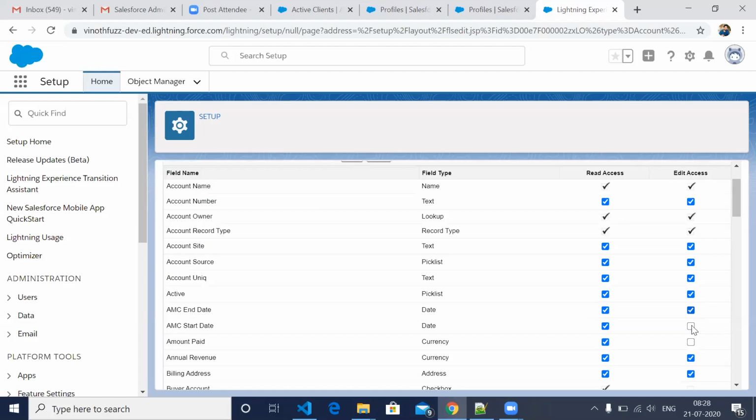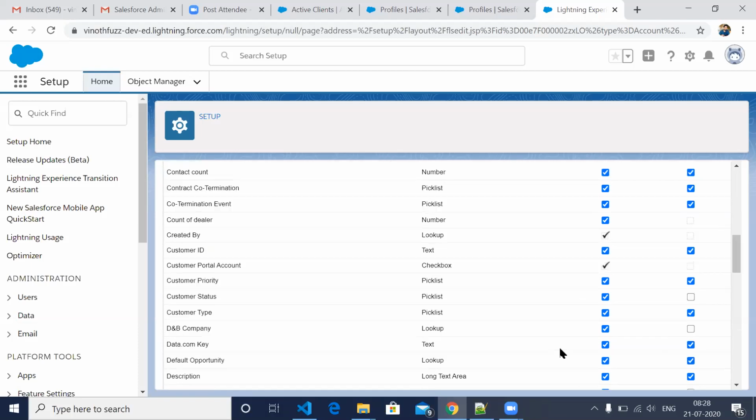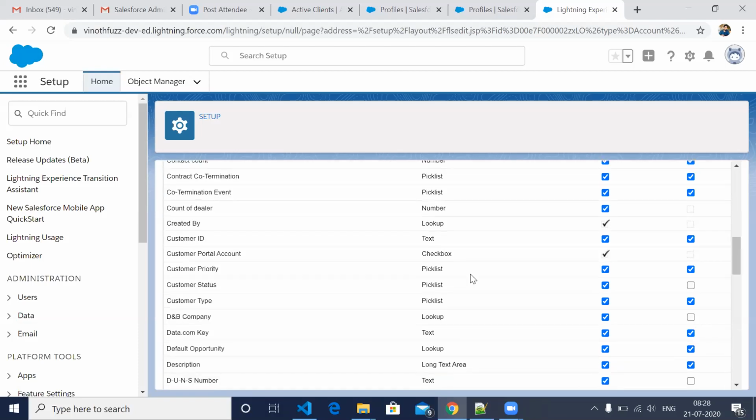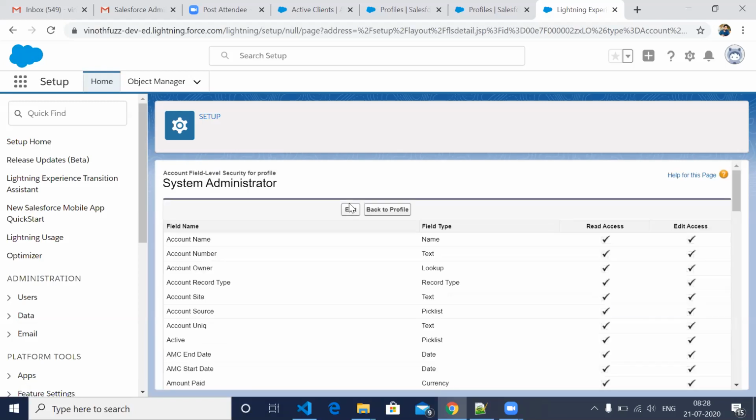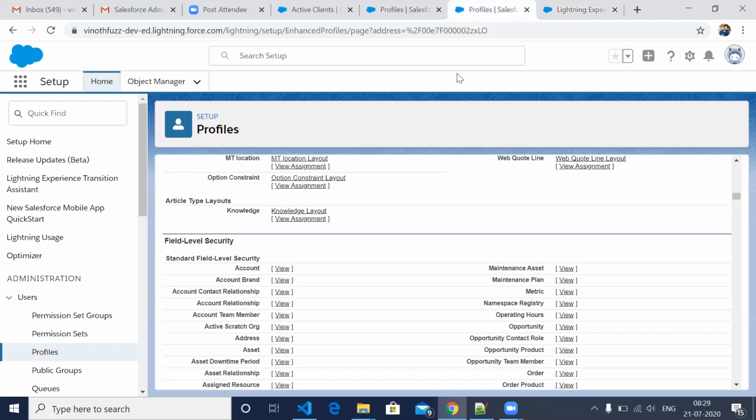Okay, I want to give this field also. If you want to give extra fields, you can just give it. So this kind of access you have to control in the profile.